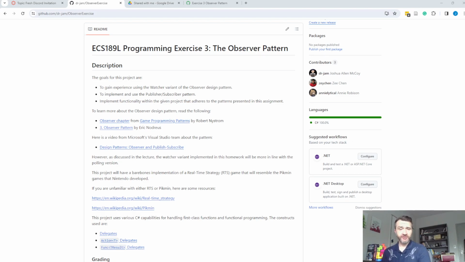Today we're going to have discussion on Exercise 3. And this is about the observer pattern, or you may have heard it as a watcher pattern sometimes. In web programming, it can be looked at in a way as data binding. And also the pub sub pattern, which is the publisher subscriber pattern, which is at the heart of event based models. So this is a decoupling mechanism that allows you to watch and asynchronously communicate with other processes